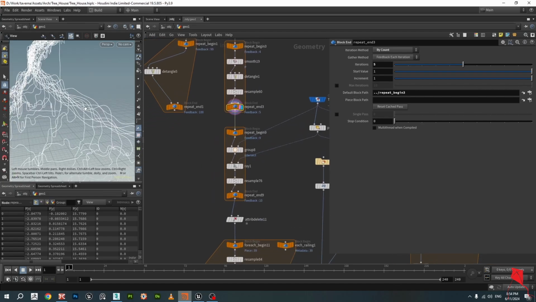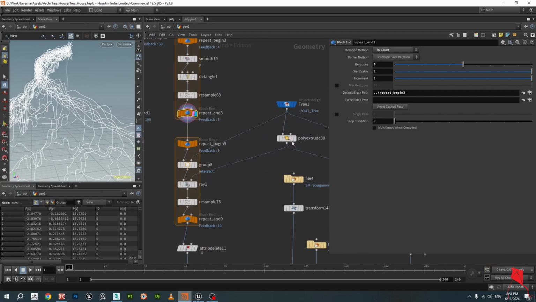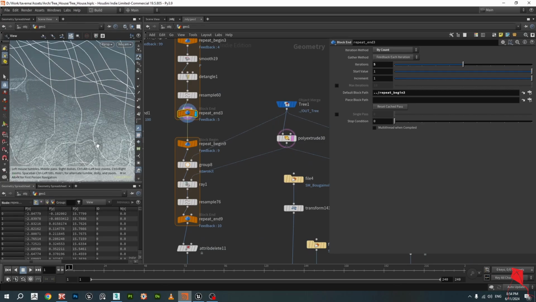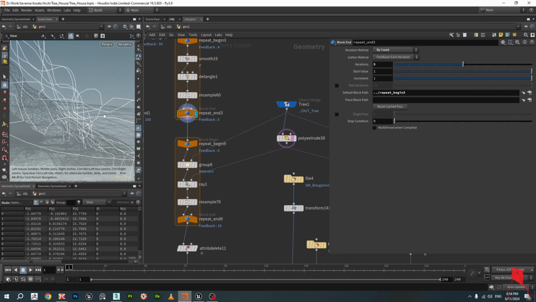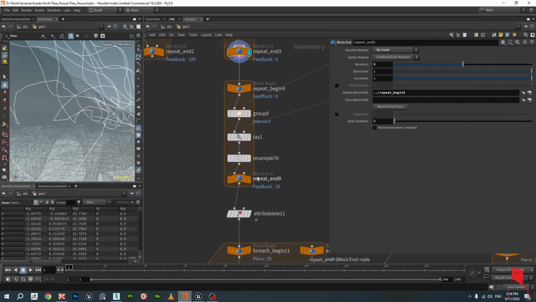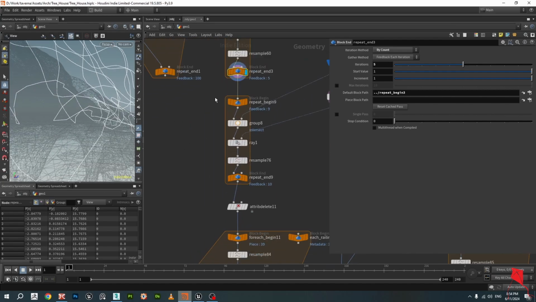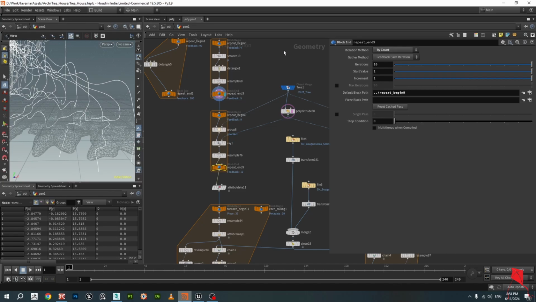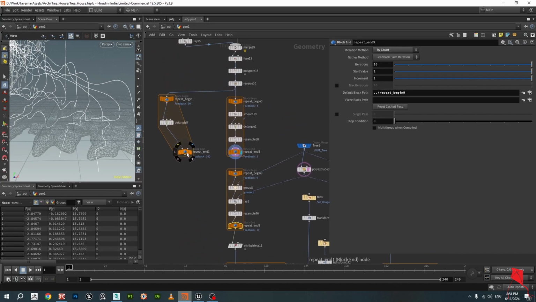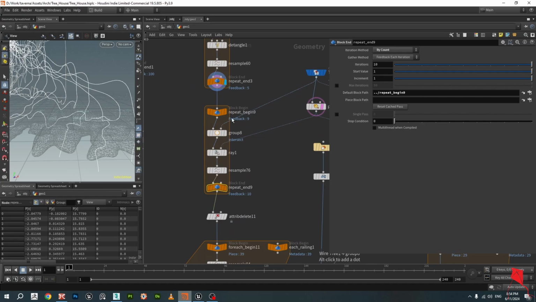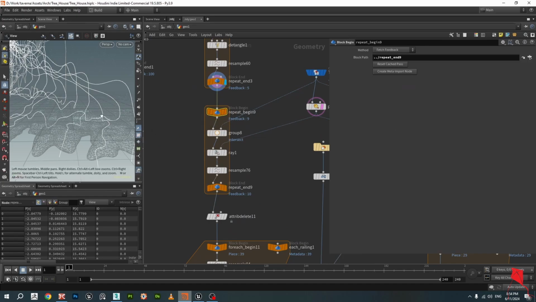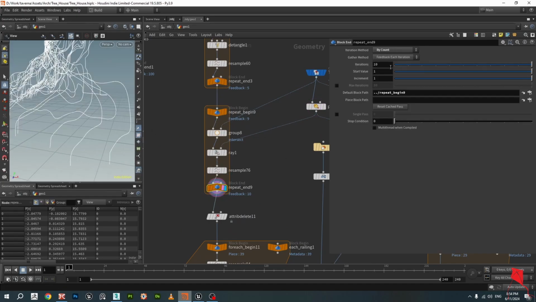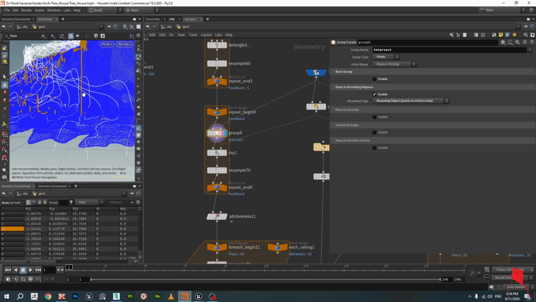Later I added some more changes, because for instance, if we look into our tree here, you'll still see that there are some intersections here and there. Actually, I will show it. It's the same loop as before, only a loop with feedback that takes all those geometries simultaneously. So what we do here, let's say we're at loop 0. We receive our geometry, we make a group node,